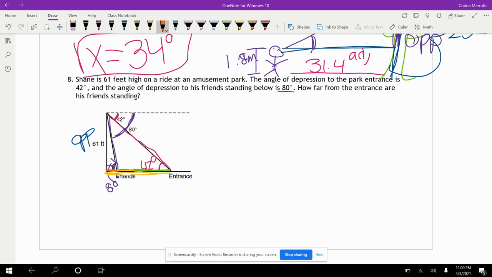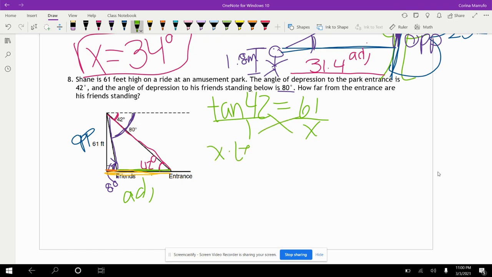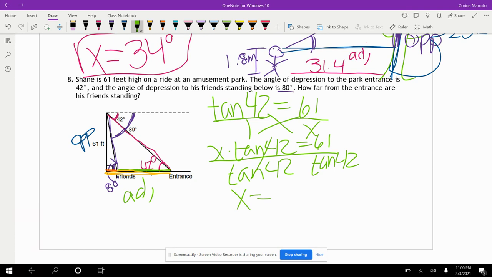So I have my opposite, and we're looking for this, my adjacent. So I'm going to use tangent. I'm going to do the first one: tangent of 42 degrees equals my opposite, which is 61, over my adjacent. We don't know it, so let's call it x. I'm going to put this over 1 and cross multiply, and we get x times tangent of 42 equals 61. We divide by tangent of 42, and that gives me 61 divided by tangent of 42. Let me punch that in. That's 67.7